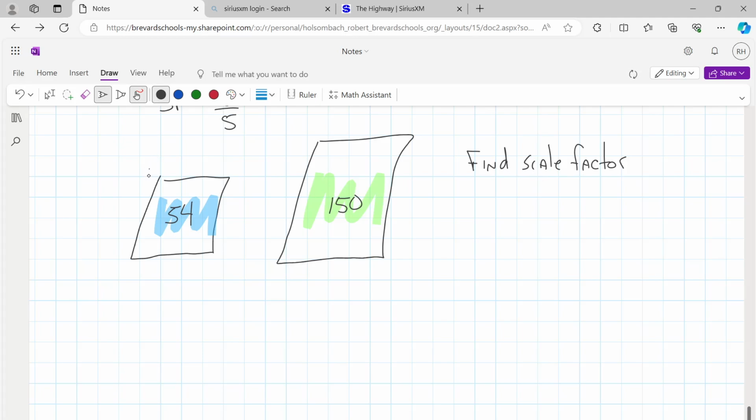The blue shape is F, G, H, J. The green shape is A, B, C, D. Find the scale factor of, they're not calling it blue to green, they're calling it F, G, H, J to A, B, C, D. Okay, that means that numerator needs to be blue. So what I'm going to say here is find the scale factor of, they're calling it